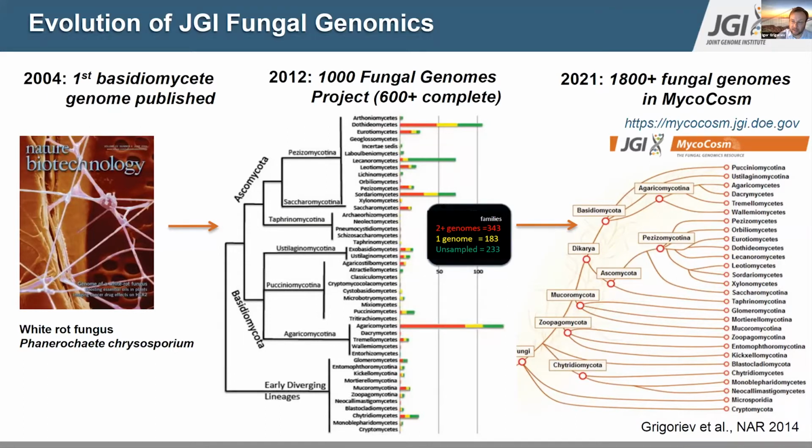All this data is produced through various proposals and processed. So for reference genomes, we assemble, annotate, and integrate them into a comparative system called MycoCosm. MycoCosm currently has over 1,800 fungal genomes publicly available to users, many multi-omics data sets, all equipped with various